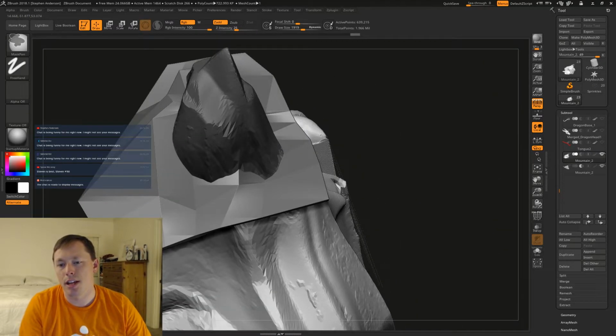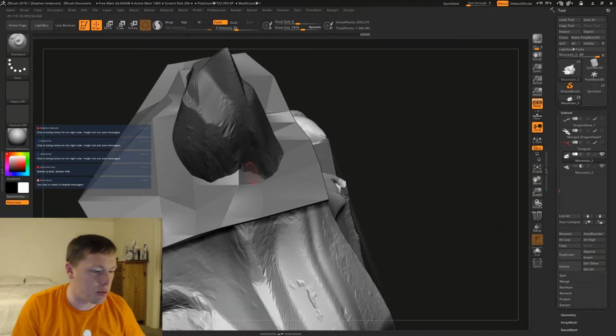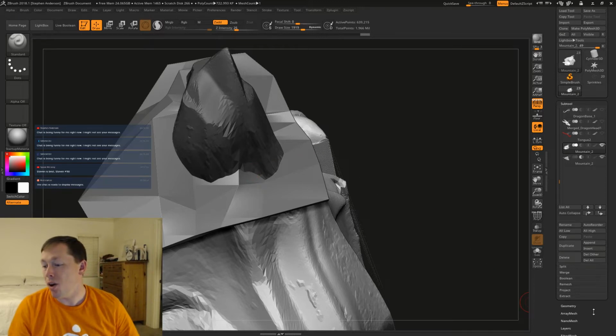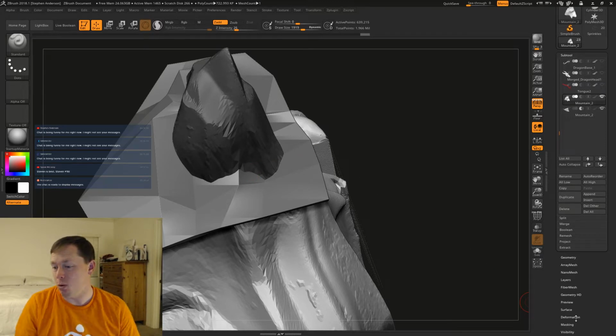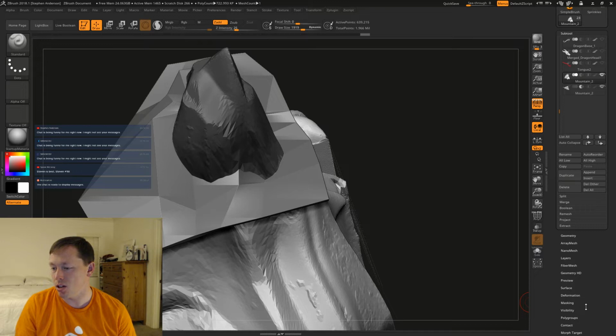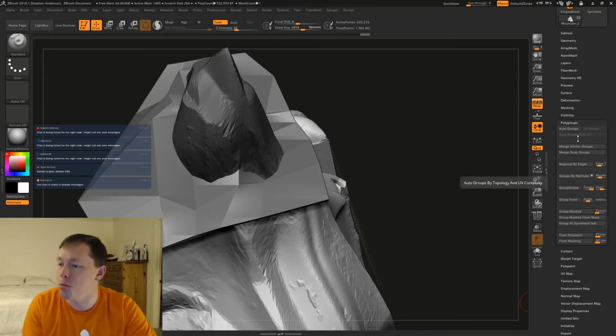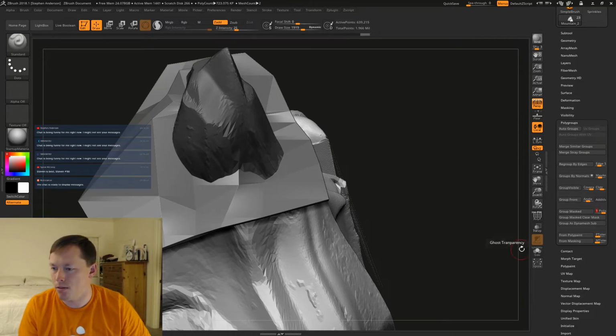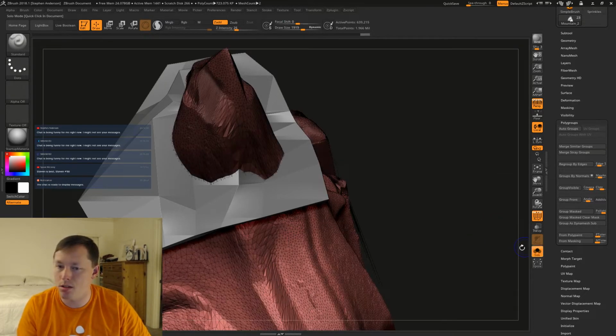Now this isn't going to give me the exact profile that I want. However, at least for the sake of making it close, I can come over to polygroups and say group masked. Take the polish up to 1. Let's take a look at it.